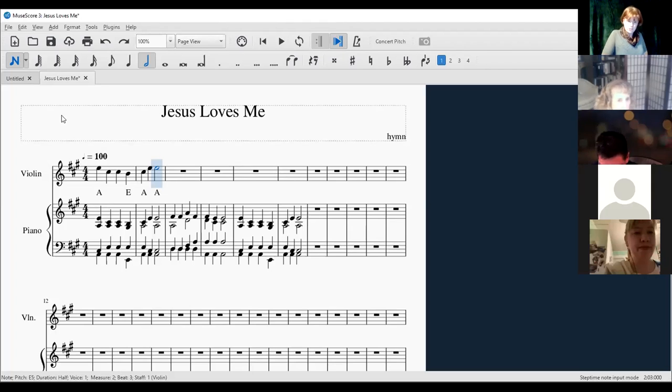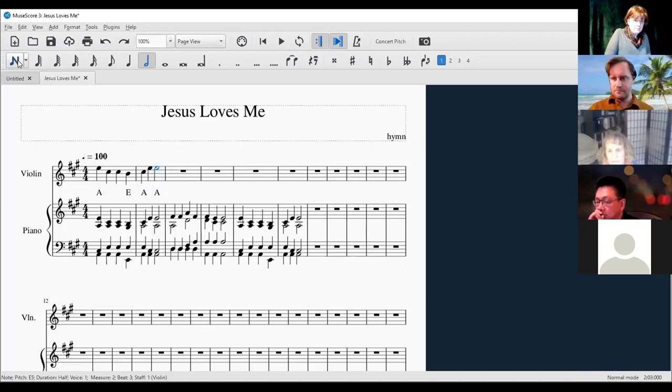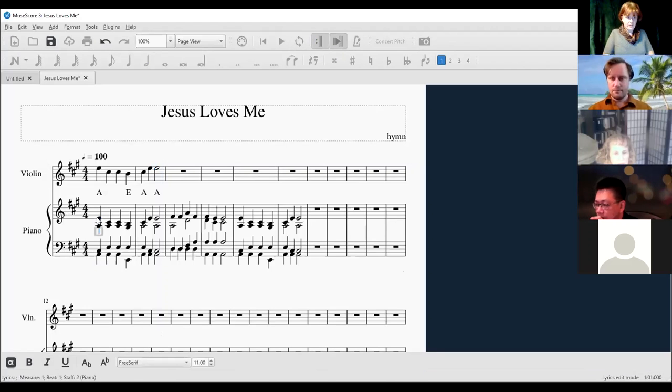Yeah, so any questions in MuseScore? I know that's probably going to be one of the things where you watch the video later. Text, Jenny. Oh, how to add text. As a free program, it's limited, but it is possible. It's hard to read. So you get on the note and you press Control L for lyric, or it's actually